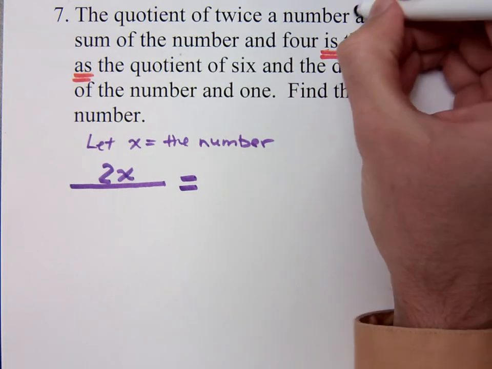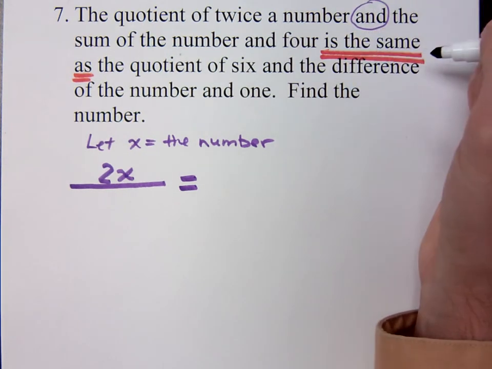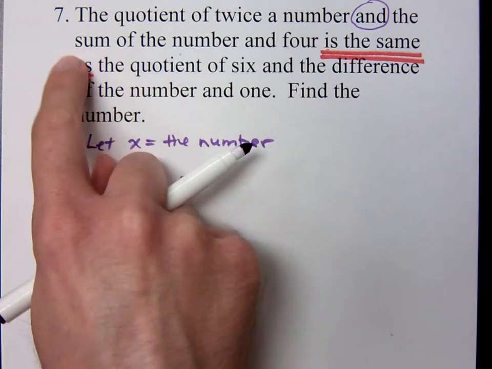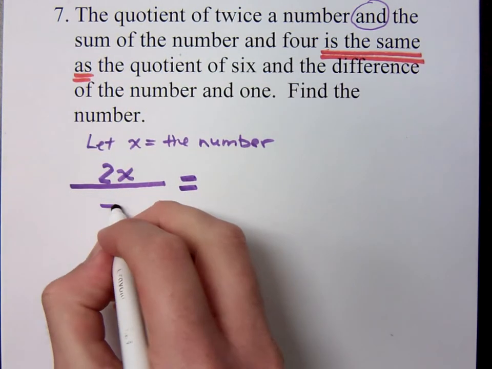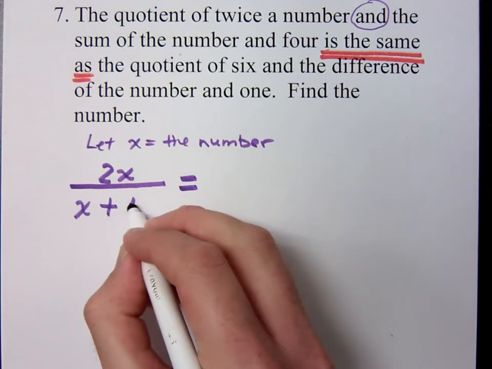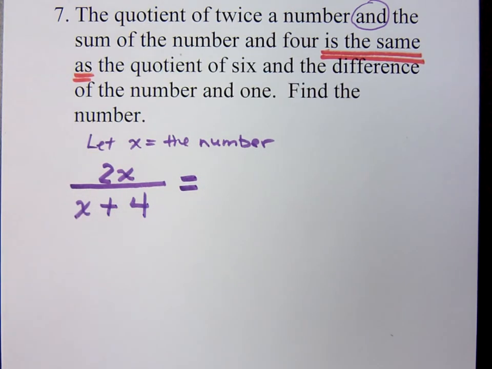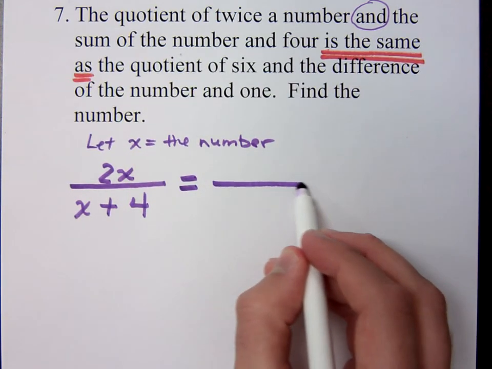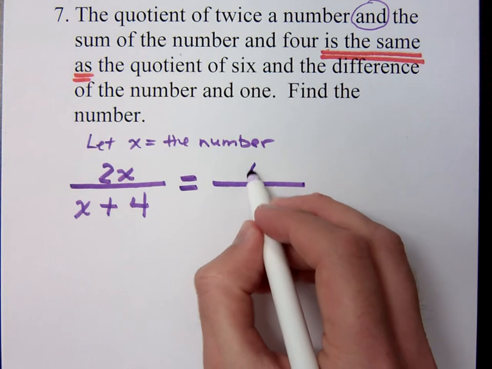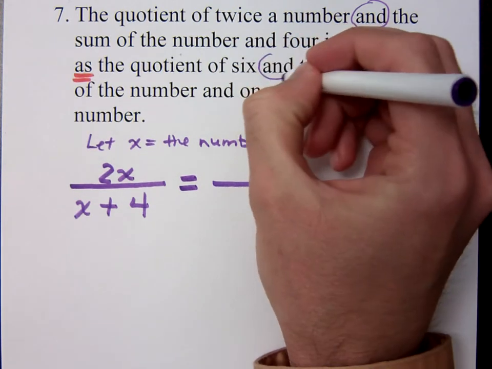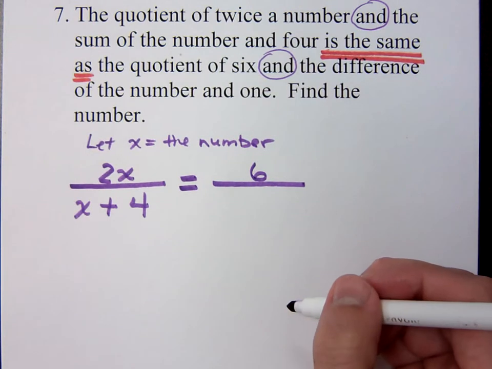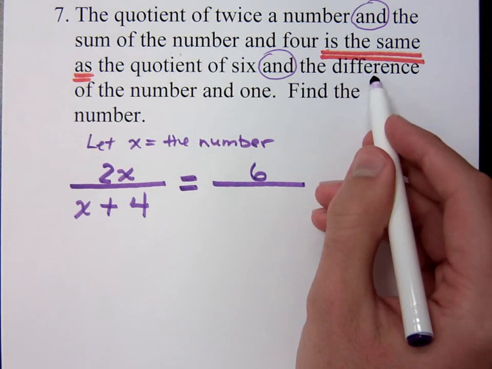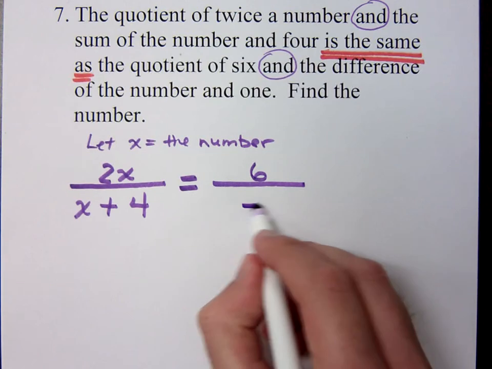Okay, here's the word "and," so that's where my division bar happens. What's the other part of the quotient? X plus 4. The sum of the number and 4. Okay. What about the other side here? 6. The quotient, which means what? Quotient means division. What's the first part? 6. And what's the denominator of this? X plus 1. Difference, x minus 1. The difference of the number and 1. So the difference of the number